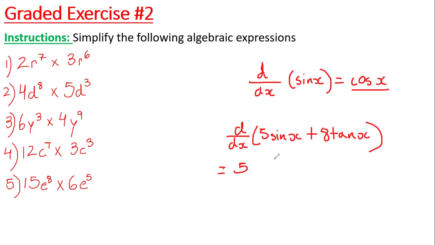What is the derivative of sine? We know that's cosine. And then we keep the 5. What's the derivative of tan x, based on the formula? Secant squared x. Secant squared. Okay. And so that's how you do that. And if there are more terms, then you just keep on applying the derivative to the others. So the numbers stay the same. The derivative of a constant is a constant.